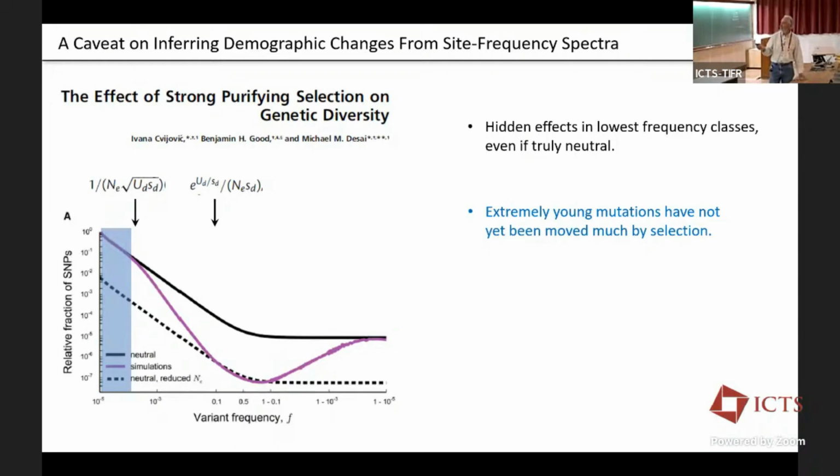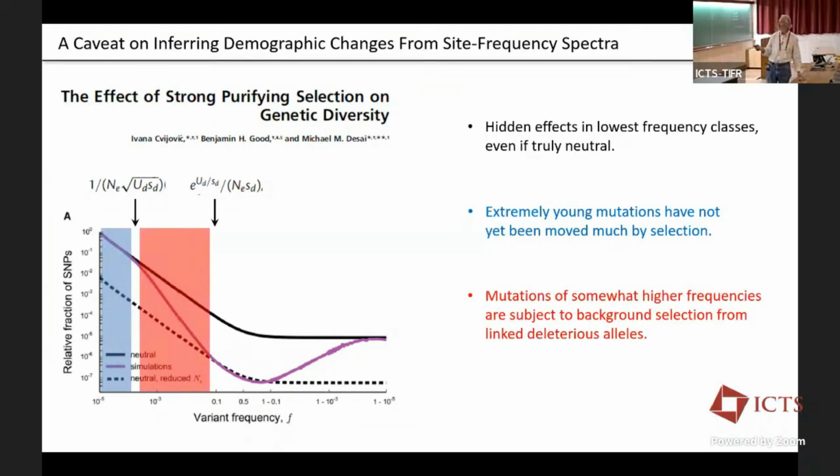And then there's this break point. It's a function of the effective population size. This U is background selection. This is the rate of deleterious mutations in the region of your marker and their selective effects. And so for somewhat more frequent ones, so this is good. These are neutral alleles, but generally we don't know what fraction of our pool in the 0.01 and smaller belongs there.